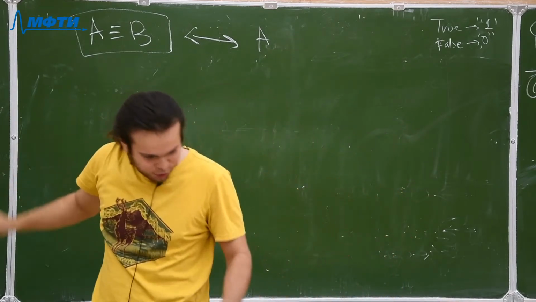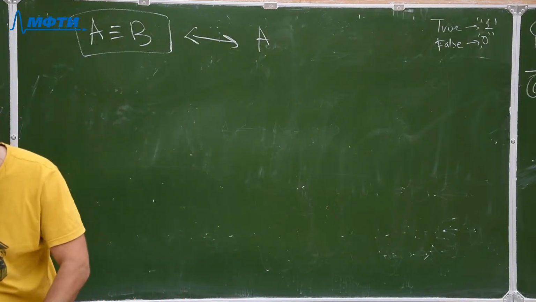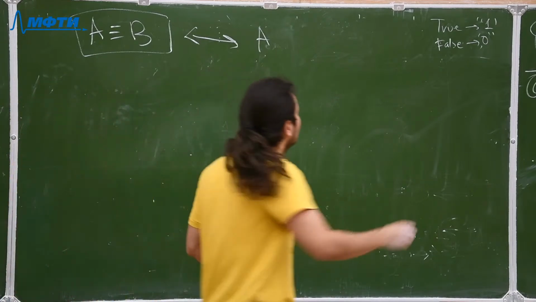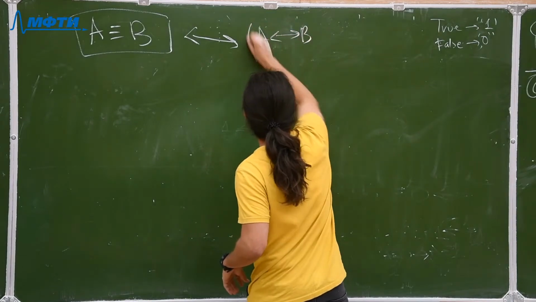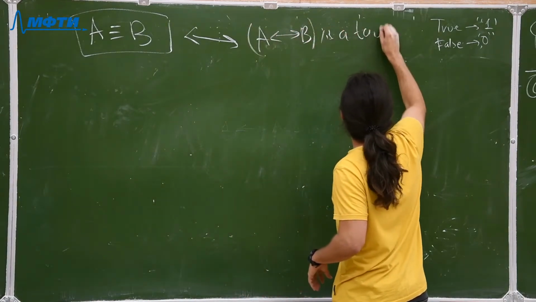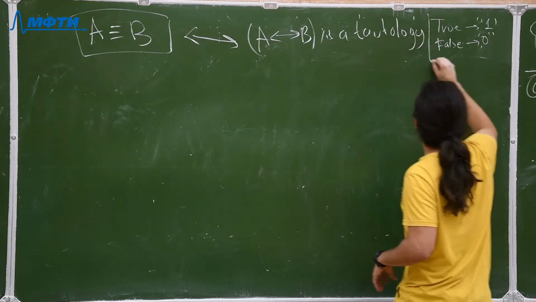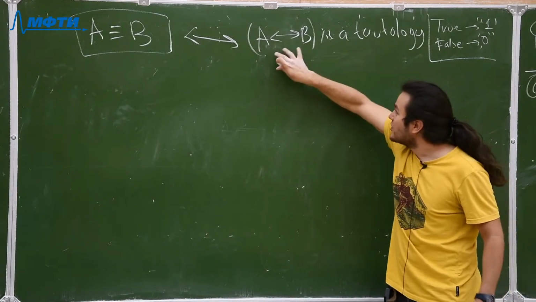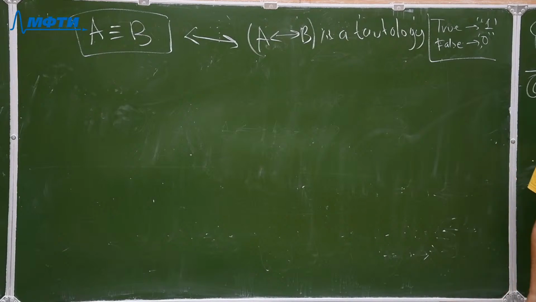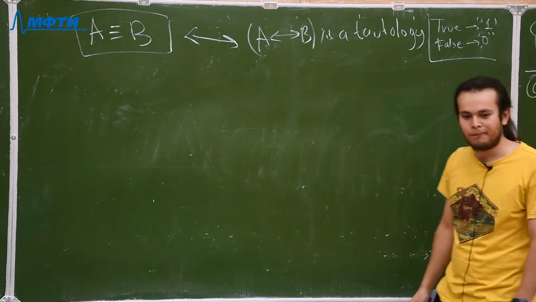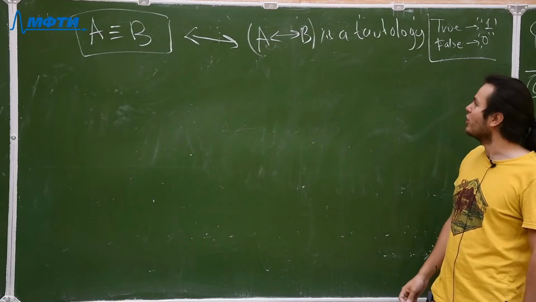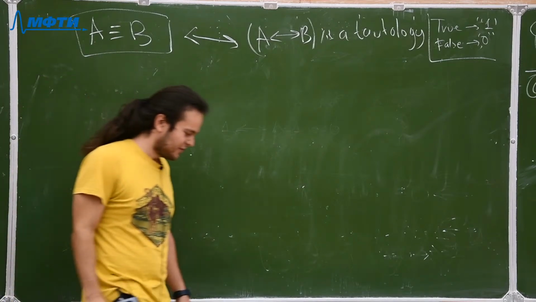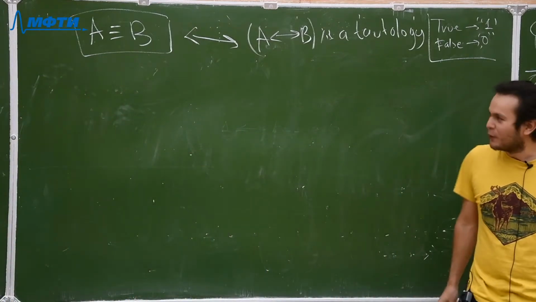One second, how do we need to write this? So if A equivalent to B is a tautology. So this is true if and only if this statement is a tautology. Why? What do you think is that? So this is a theorem. Well, that's not even a theorem, I think, but this is true. Why do you think it's true?